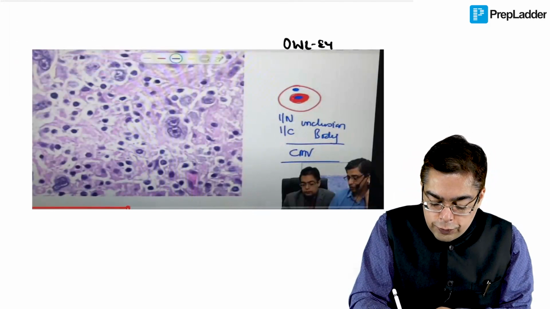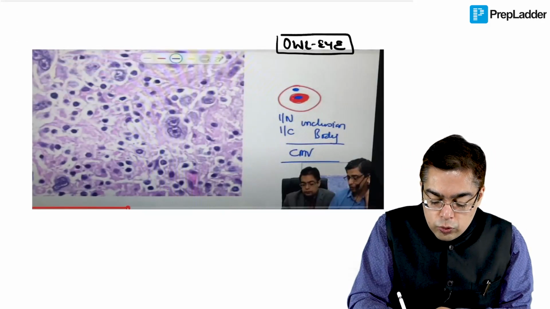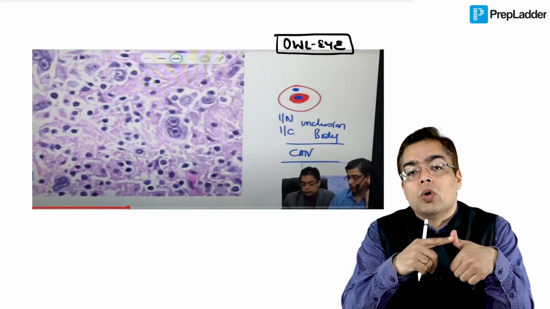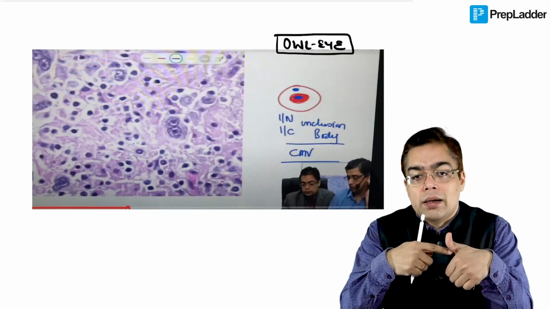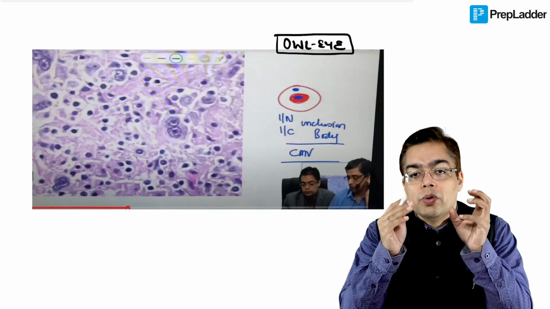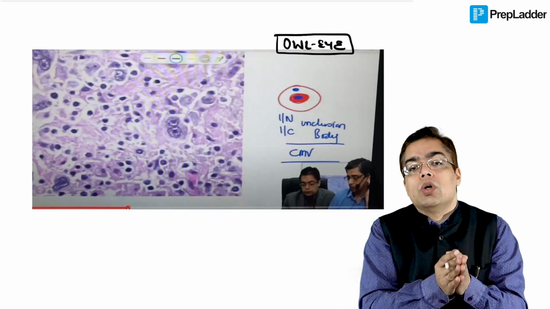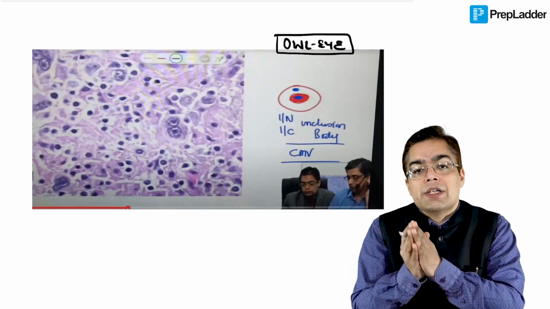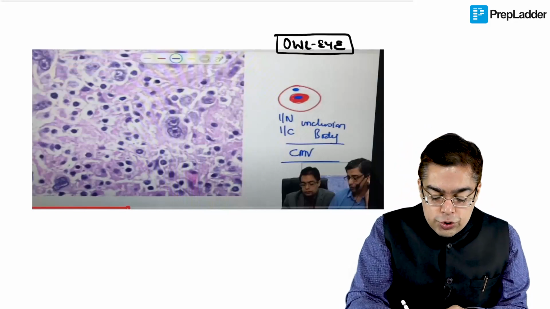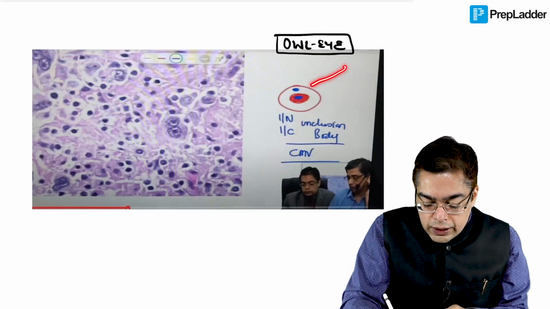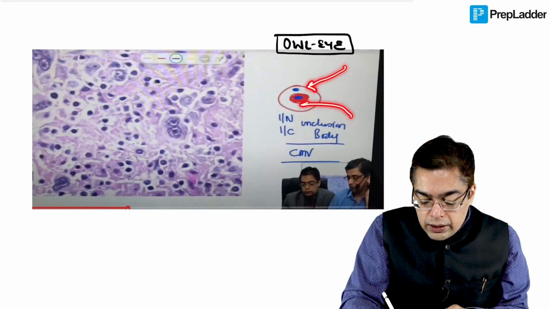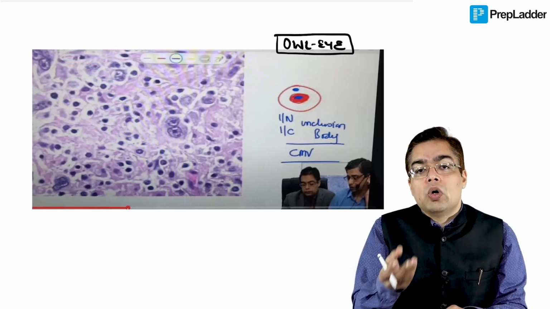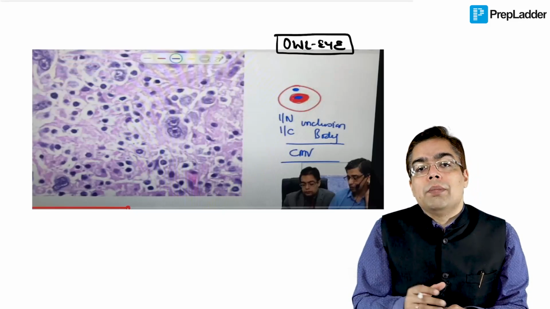And I hope most of you who have watched that particular session were aware of the fact that one, he is going to be giving you a history of something like an organ transplant, like he did in the exam actually. And the second thing is, how do you distinguish between the owl eye appearance of Reed-Sternberg cell vis-a-vis the owl eye appearance in case of CMV. So in case of CMV, you see it as a viral infection. So we did explain to you that he is going to be having inclusion bodies which are going to be present inside the cytoplasm as well as nucleus. I mean, sir was courteous enough to even dot that diagram for you to remember that fact.